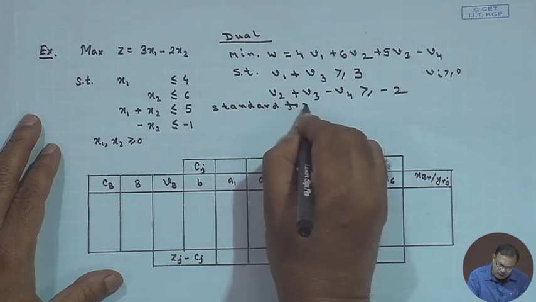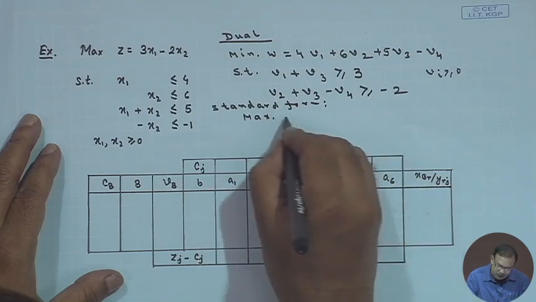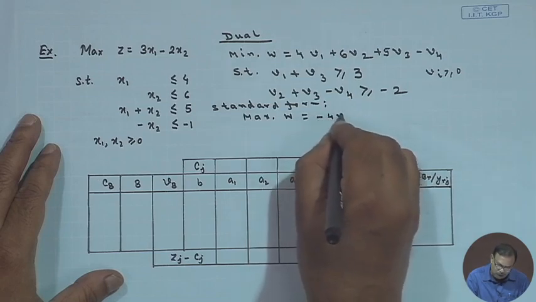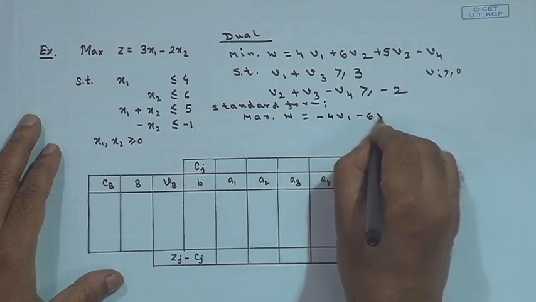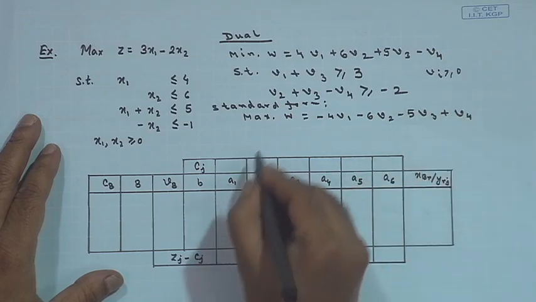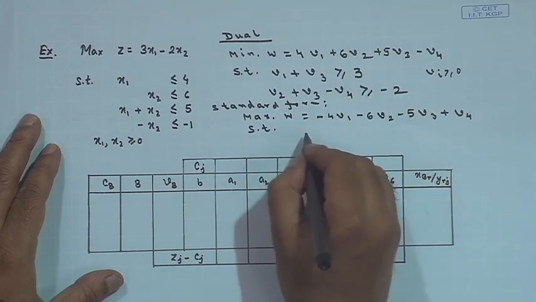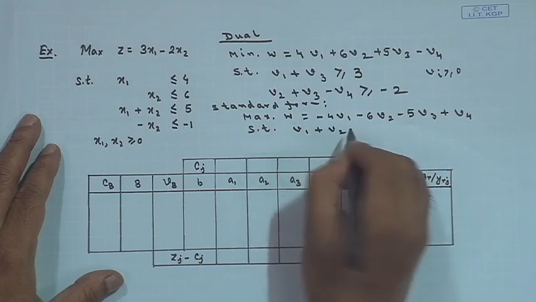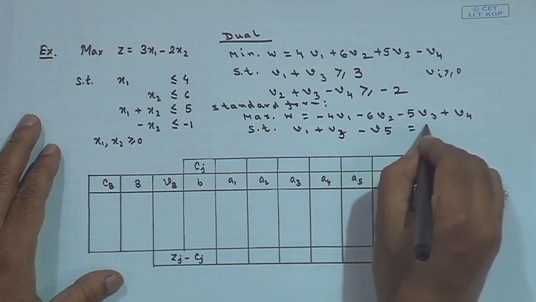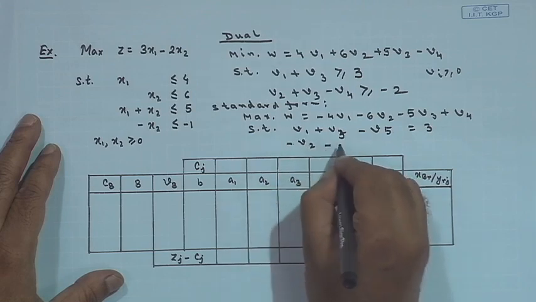The standard form I am writing of this dual problem: maximize, say, W equals, I am making a maximization problem, so minus 4 V1 minus 6 V2 minus 5 V3 plus V4, subject to, since I am making less than or equal to, I have to add the slack variables. So V1 plus V2, V1 plus V3 minus V5, this equals 3, and minus V1 minus V2 minus V3